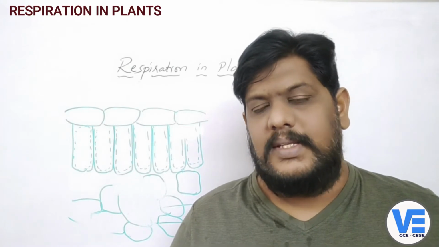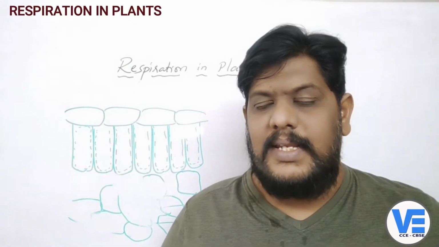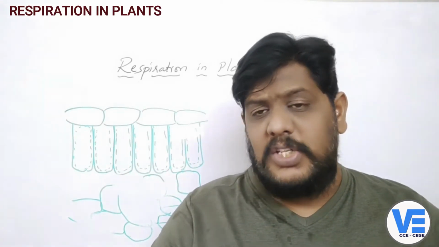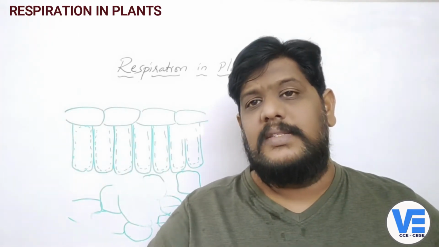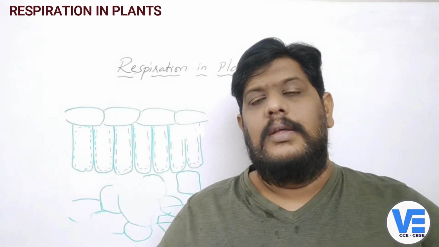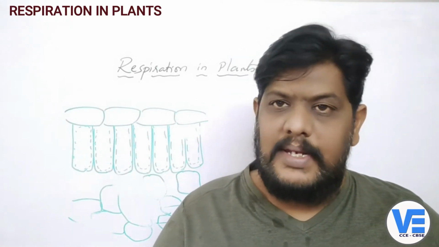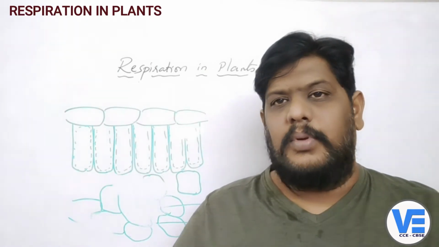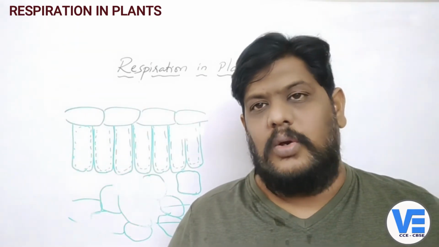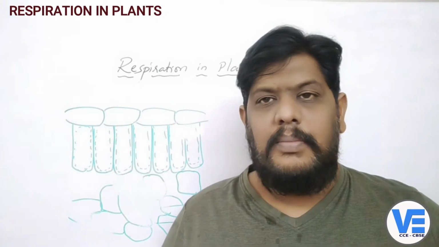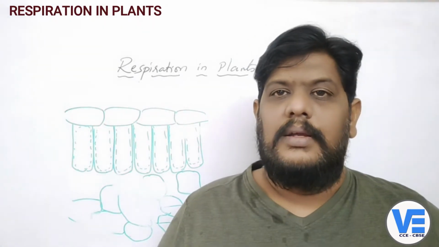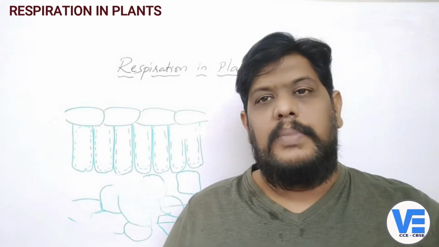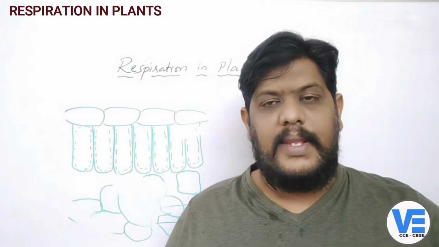Photosynthesis is the process in which plants take carbon dioxide and give out oxygen, whereas respiration is different. Respiration is very much common in both organisms, plants and animals. It's a similar process, with no change at all. In both animals and plants, the respiration process is the same, where they take oxygen and give out